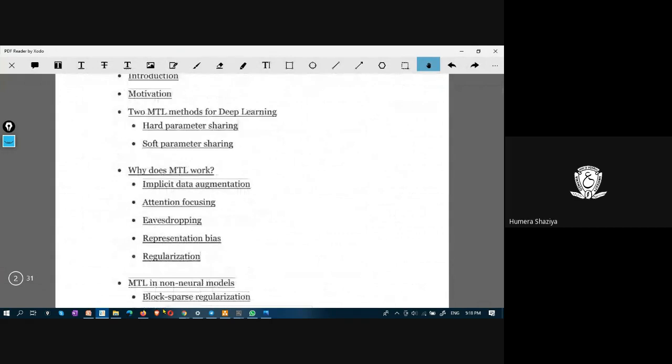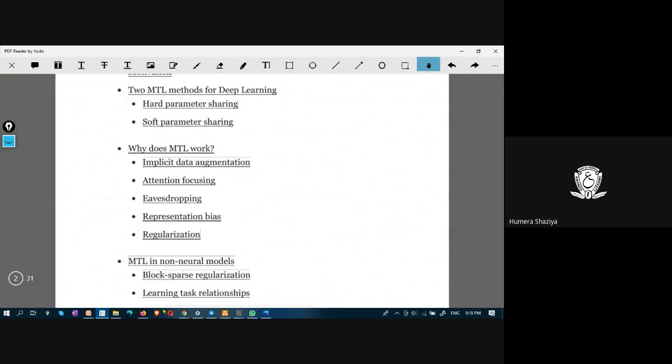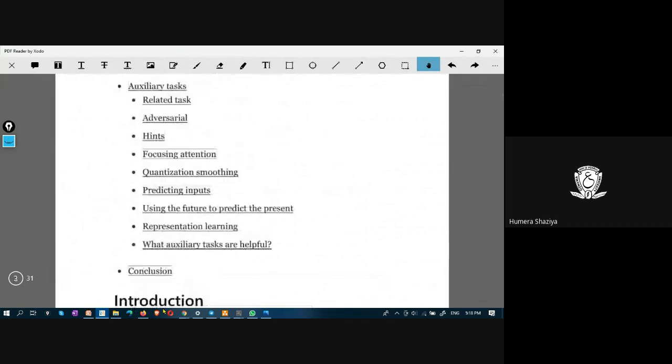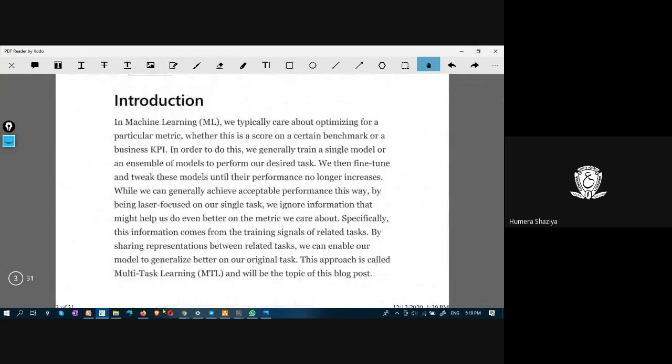In this article, these are the topics that will be covered. What is machine learning? We know that machine learning is making computers learn by themselves with their experience.